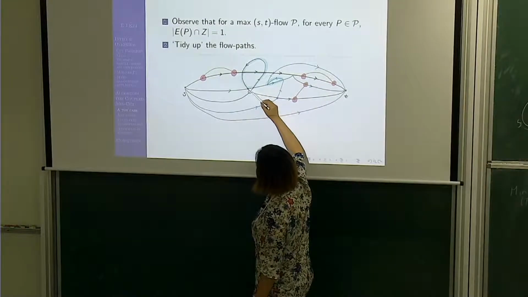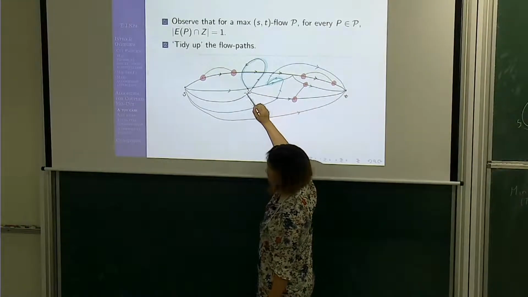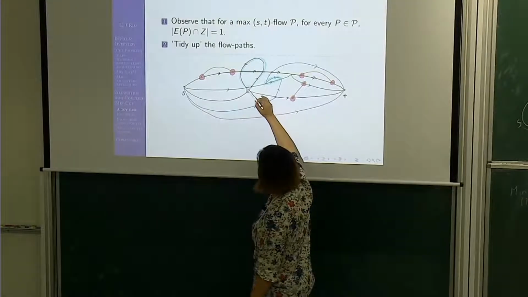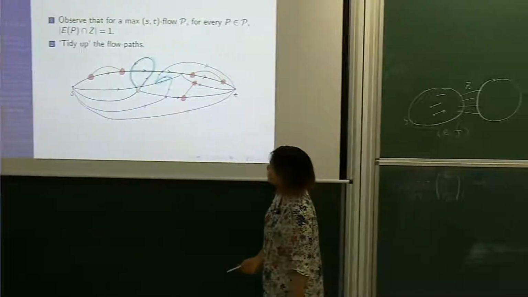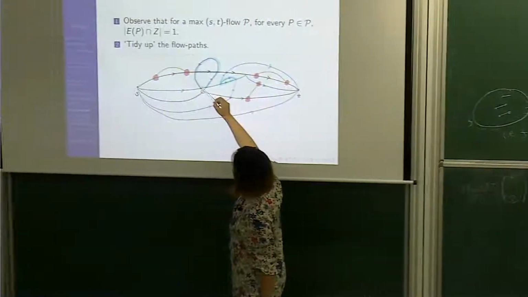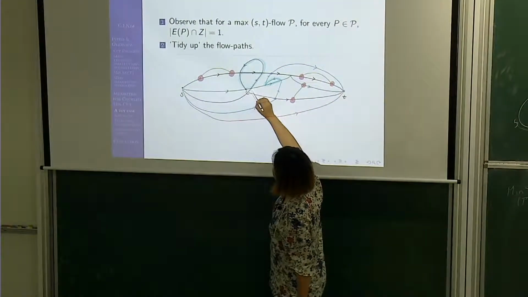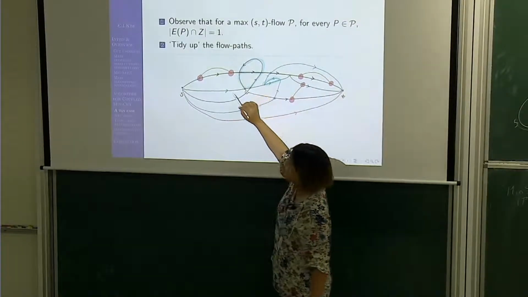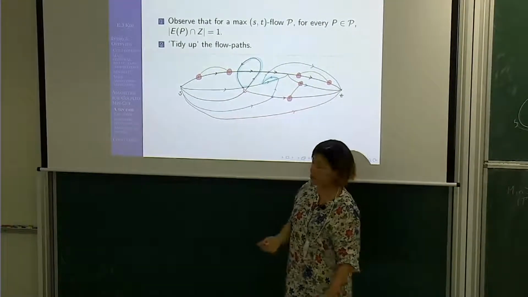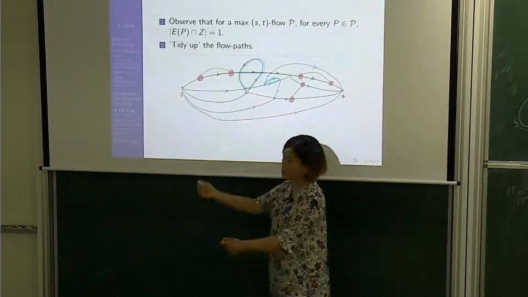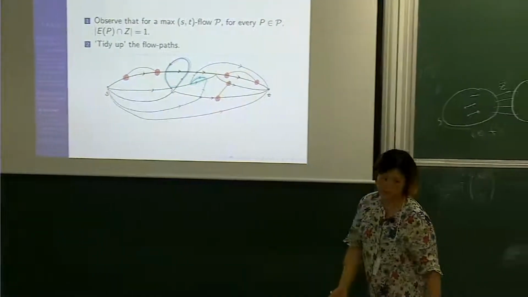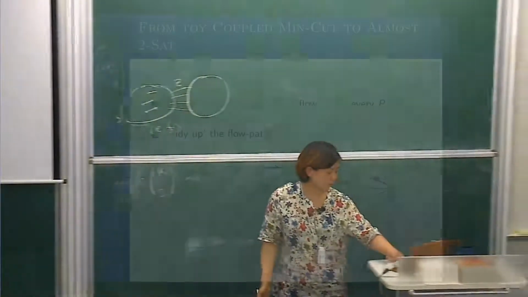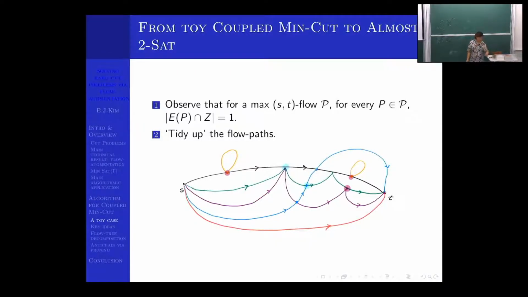And I have oriented the edges on the flow path. If there is a directed cycle, using these directed arcs, so for example here, it means that none of these edges can be cut by Z. If something is cut by Z, then everything before it should be reachable from S and T, then there is a contradiction. So you can again identify everything. So you can identify in this way. So after doing that,